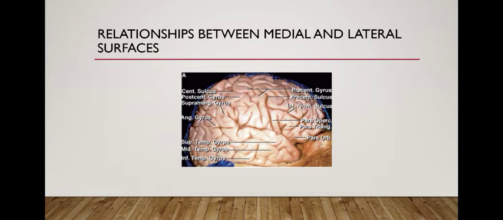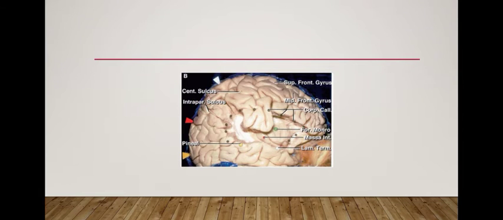So now, relationships between the medial and lateral surfaces. Here you can appreciate the corpus callosum being highlighted via the black dots. This is the region where the corpus callosum is running in the deep surface. This green marker actually highlights the level of the foramen of Monro. The yellow marker highlights the level of the pineal gland, and this white marker highlights the level of the lamina terminalis. There are three arrows also showing three important sulci that continue from the medial surface onto the lateral surface. This white arrow is where